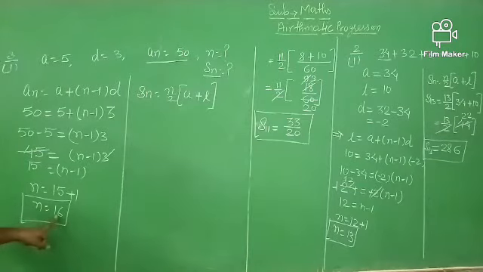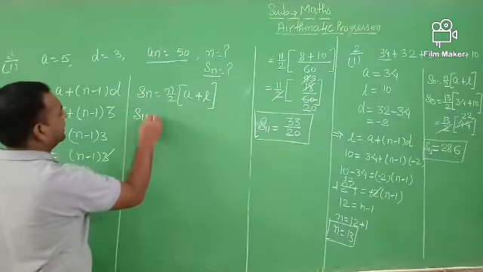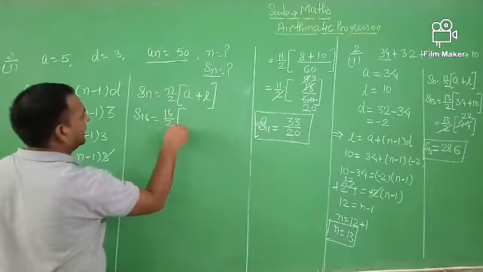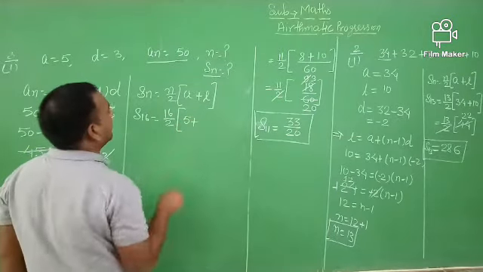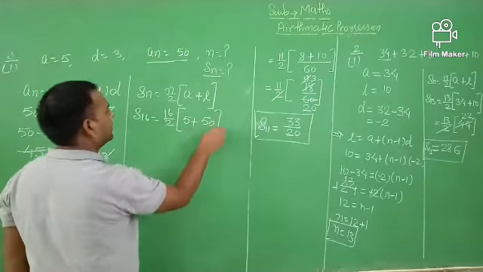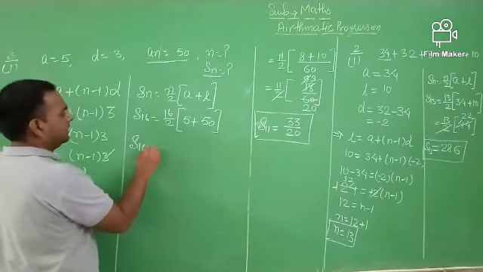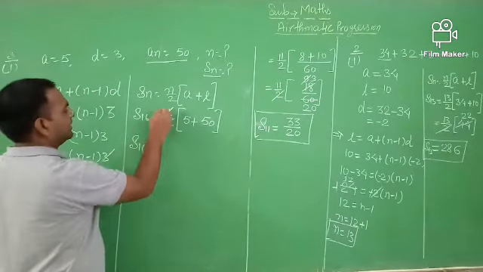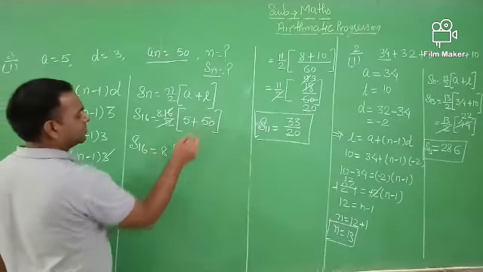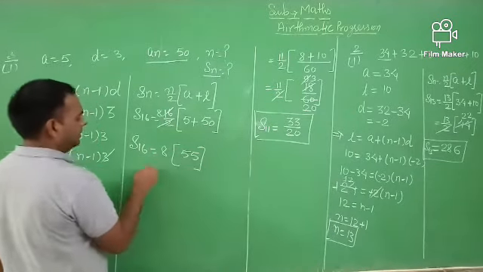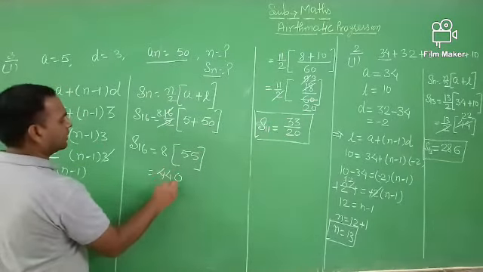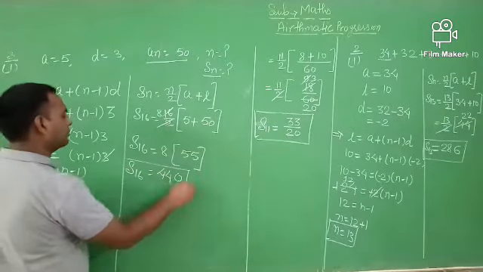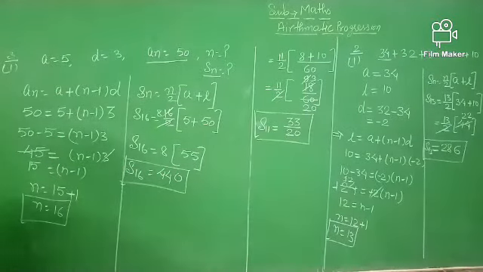The value of n is equal to 16, so S16 is equal to 16 by 2 bracket a, it means the first term is given, a is equal to 5, plus the last term is given, this is equal to 50. So S16 is equal to 8 into (5 plus 50), it is equal to 55. 8 fives are 40, 8 fives are 40 plus carry 4, it is equal to 44. So S16 is equal to 440. So the second answer is that S16 is equal to 440.